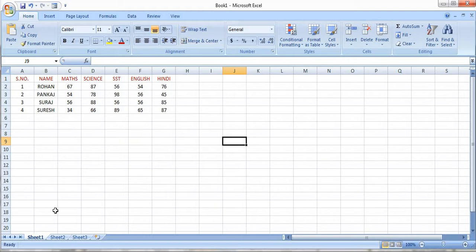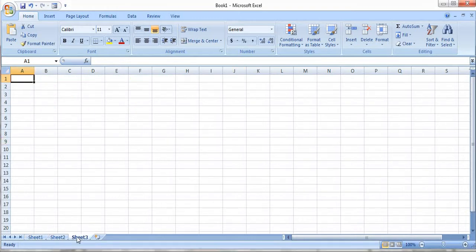Inside this workbook we have different sheets. See, in the bottom side you can see different sheets are there, right? Can you see? This is sheet 1, this is sheet 2, this is sheet 3. Here, if you click, sheet 4 will be generated. Like this, you can generate any number of worksheets. These are all different sheets. We are working on sheet 1. If I click on sheet 2, see, this is blank. Sheet 3.